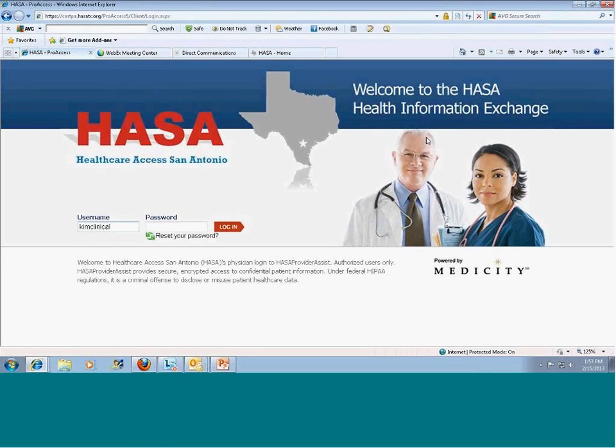I'm going to do today just a quick demo of the search capability for the patient repository for HASA. You'll get a little bit of an idea of how the information will look and what types of information you can get from HASAProviderAssist. So to start the demo, you can see on the screen that the login page for